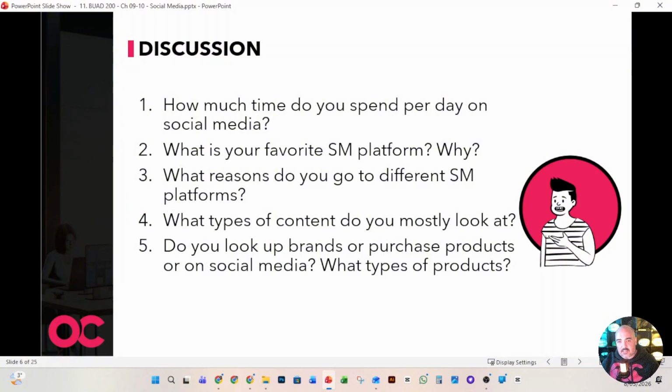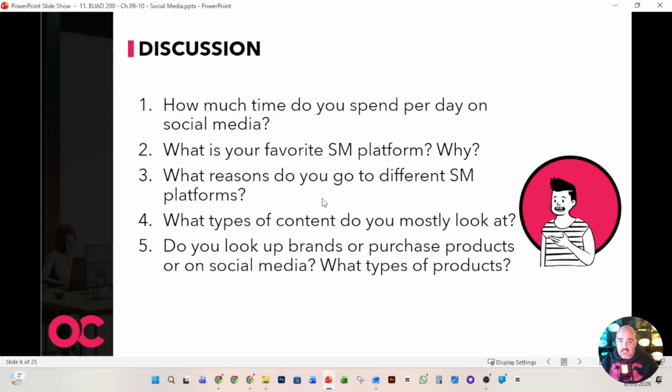Second question, your favorite social media platform and why? So this really speaks to who's using different platforms. When we're thinking about platforms with an older demographic, more professional demographics, we're looking at platforms like Facebook and LinkedIn, for example, whereas if we're looking at a modern or younger demographic for more visual posts, we might be looking at Instagram or TikTok. Short form video, obviously TikTok is very popular. YouTube is still one of the biggest platforms in the world, especially with video, of course.